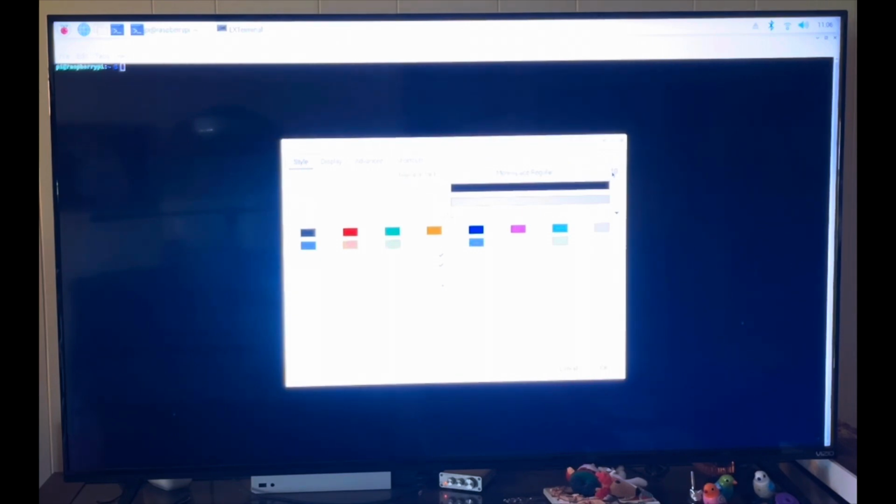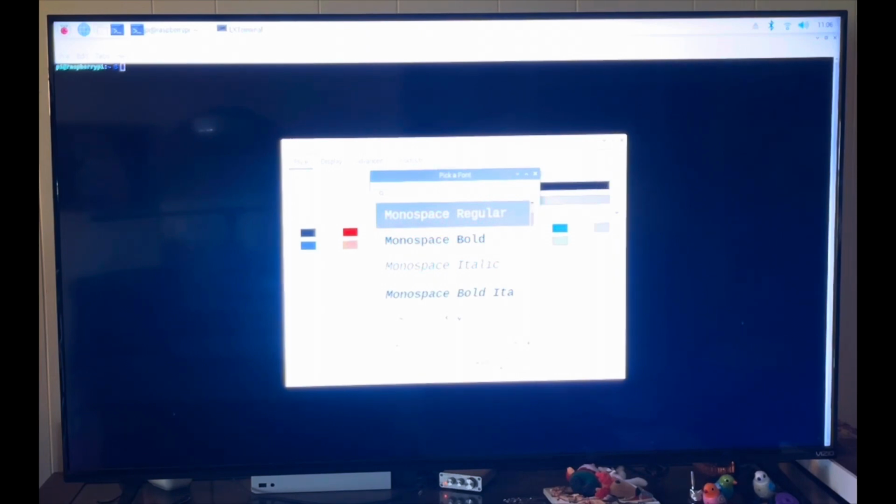Go back to display, default window size, that's not what I'm looking for, style, VGA, terminal font, that's it. See this terminal font where it says monospace regular 10? Well, 10's pretty small, so I'm going to go up to, let's see what 30 looks like, okay? And when I hit select and click OK, now I have a nice big Raspberry Pi